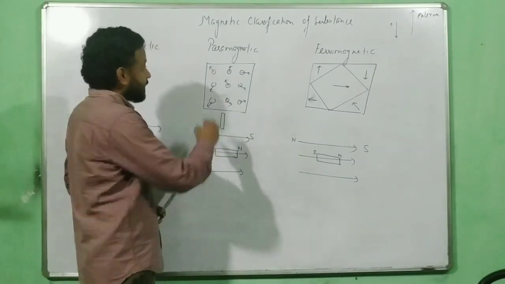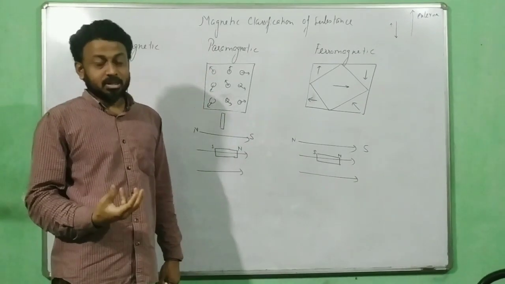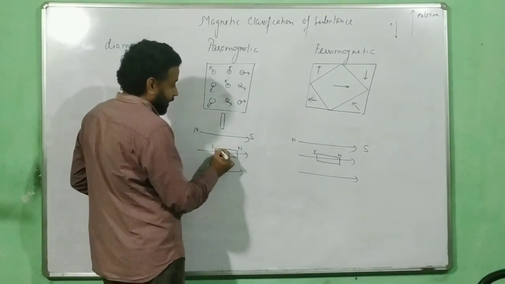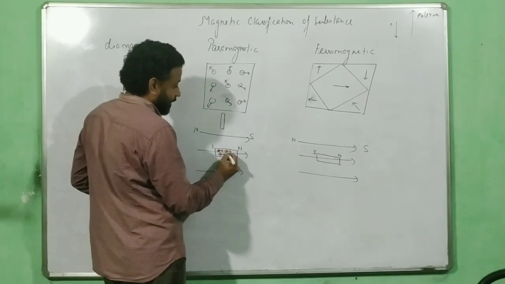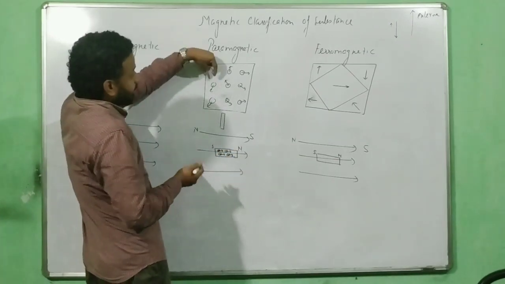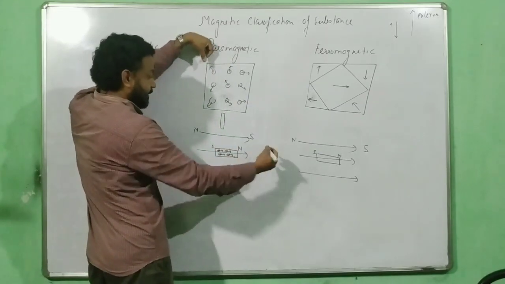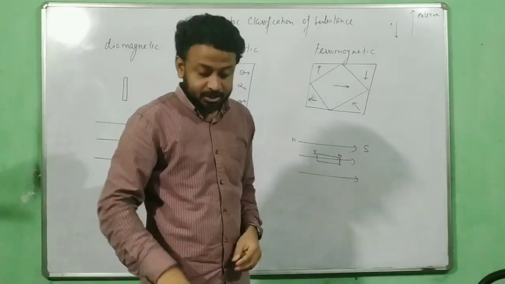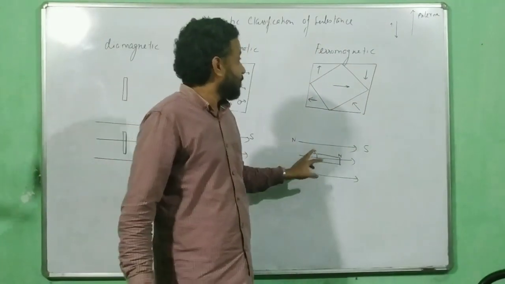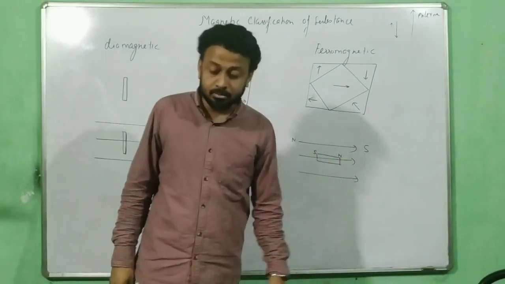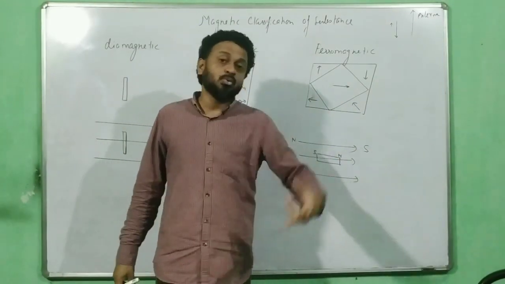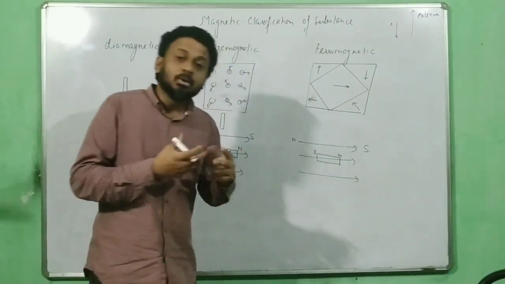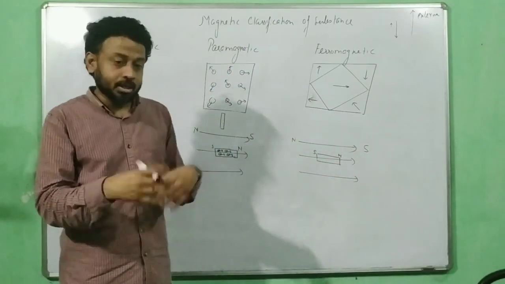Okay, what happens over here? Here they already have a magnetic moment. So as soon as you put that in a magnetic field, they try to rotate and get aligned in the direction of the magnetic field. Here it is the magnetic field. Here the domain expands. There are two ways in which a ferromagnetic substance can align in the direction of the external magnetic field, and both are good ways. A given substance will opt for one way. Okay, but there are two ways.